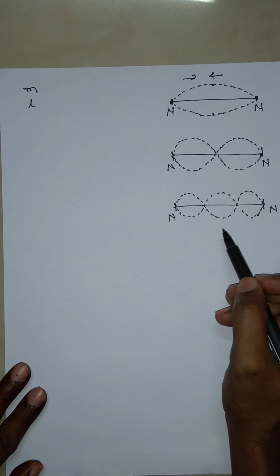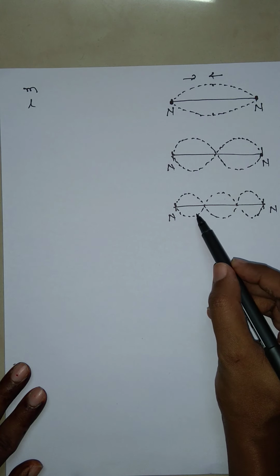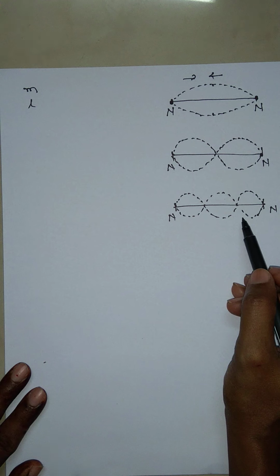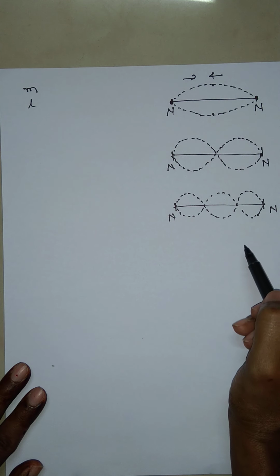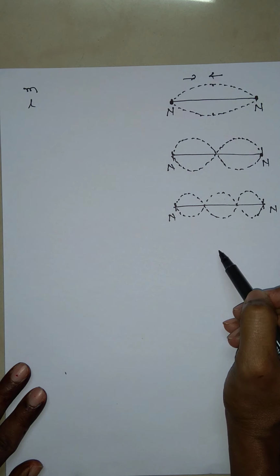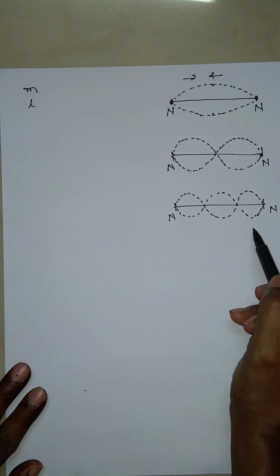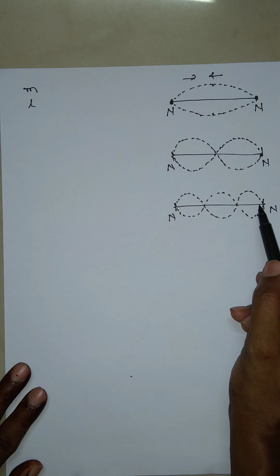You can do this experiment at your home and see at how much maximum loops you will obtain by your own at your home. I heard that maximum 16 loops have been obtained by someone. So you can try at your home and see how much maximum loops you will observe when you give a jerk to this stretched string.